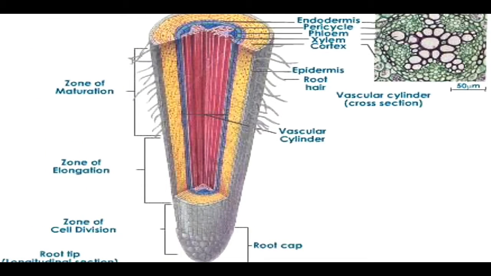Now, absorption and translocation of water in plants involves some important steps which are discussed below: the first one, that is the soil water relation, then the water absorbing organs, then absorption of water by the root hairs, then pathway of water movement in the roots, and the last one is upward movement of water.